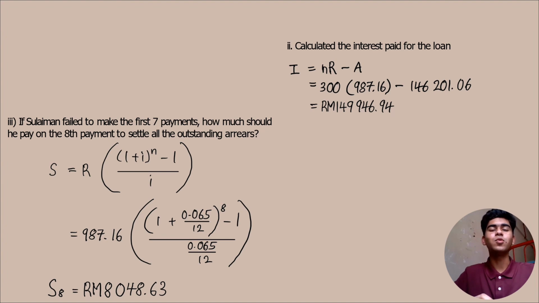The second question is calculate the interest paid for the loan. I equals n multiplied by R minus A. 300 multiplied by 987.60 minus 146,201.06. So the answer is